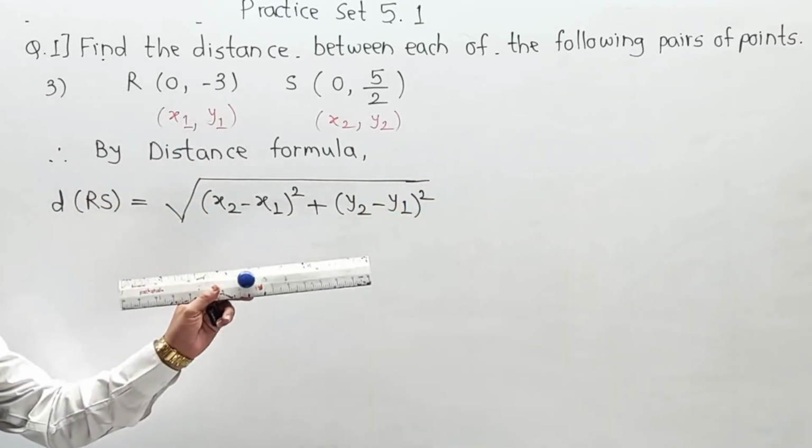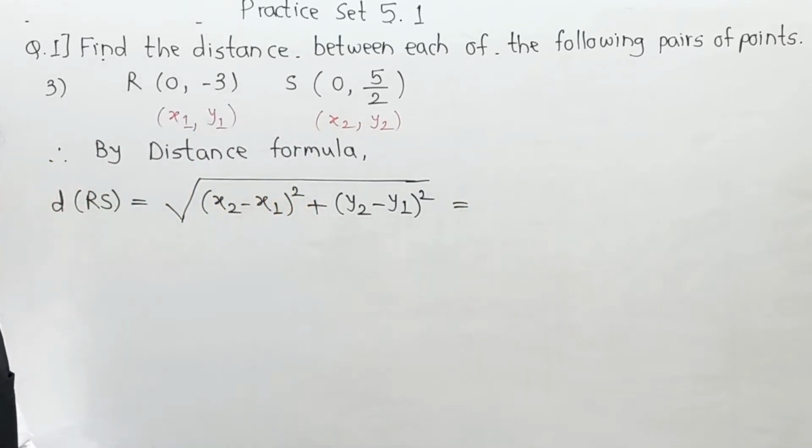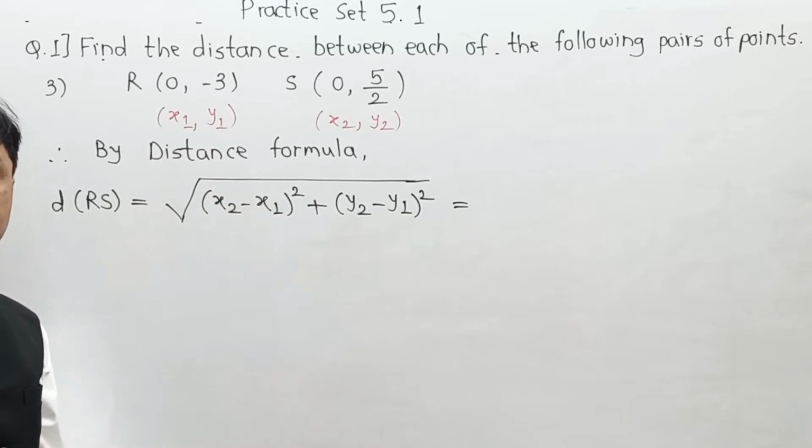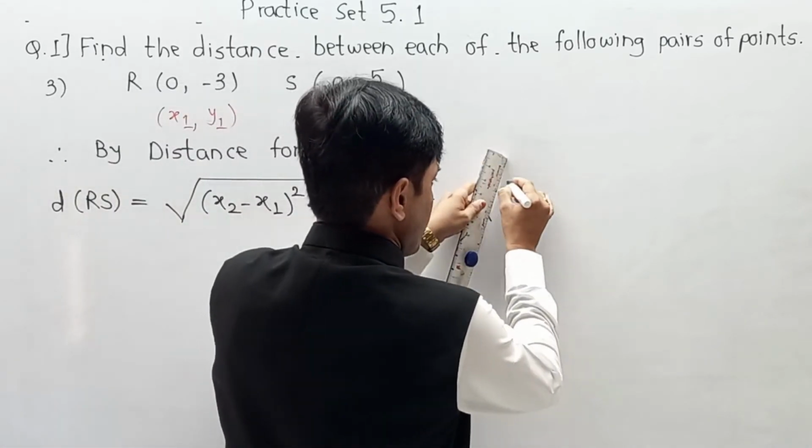Now simplifying this step by step. Definitely, students, in your notebook you are going to write one below the other in sequence, but because of space availability I am going to use additional space also. So according to this condition, our formula becomes